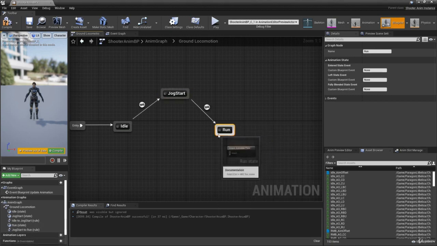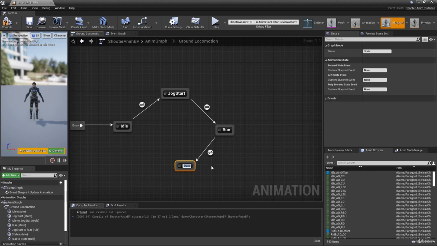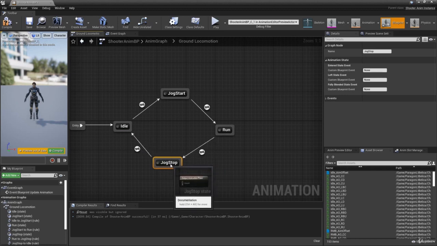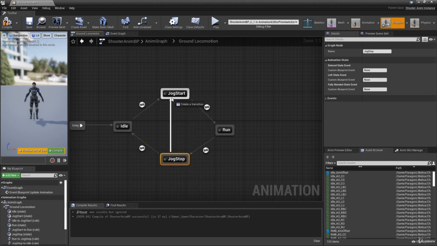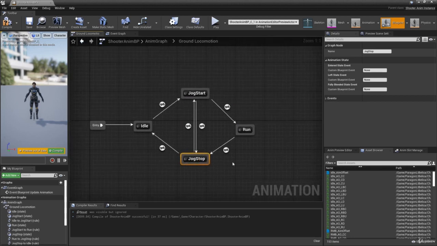When we're finished running, we're going to do the jog stop animation, which is kind of slowing to a stop. So add a state called jog stop. From jog stop, there'll be a transition back to idle. But we also want to have transitions from jog stop to jog start in case we switch rapidly between starting and stopping our run. So drag one up from jog stop to jog start and drag one down from jog start to jog stop. Now we need to add animations into each of these states, and we need to set the transition rules for each one